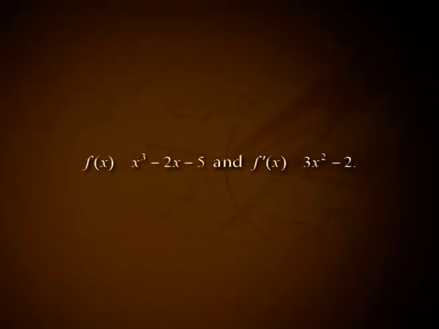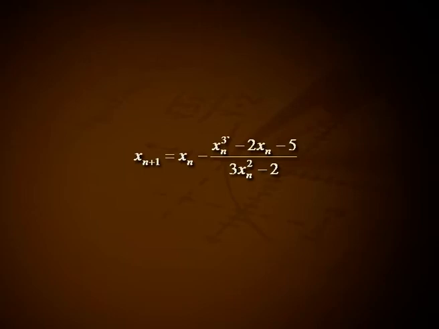0.4343). Example 4. Use Newton-Raphson method to find a root of the equation x^3 - 2x - 5 = 0. Solution. Here f(x) = x^3 - 2x - 5 and f'(x) = 3x^2 - 2. Hence Newton's iterative formula becomes x_{n+1} = x_n - (x_n^3 - 2x_n - 5)/(3x_n^2 - 2). Choosing x0 = 2, we obtain f(x0) = -1 and f'(x0) = 10.